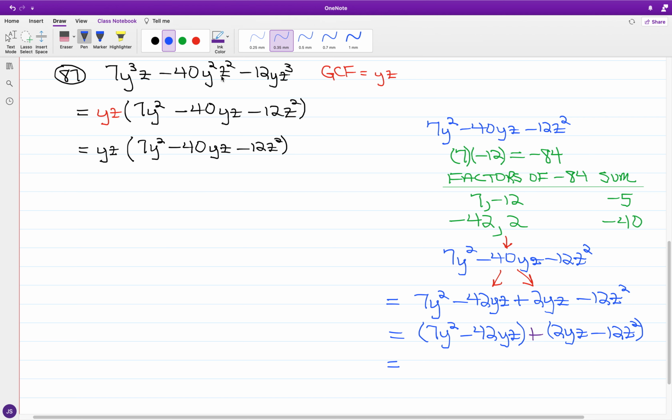Okay, now in looking at drawing out once again the greatest common factors. For the first, we have 7y as the greatest common factor, and we have 7y times the quantity of y minus 6z,